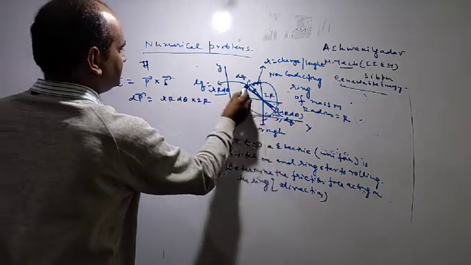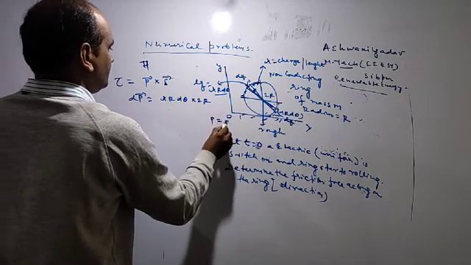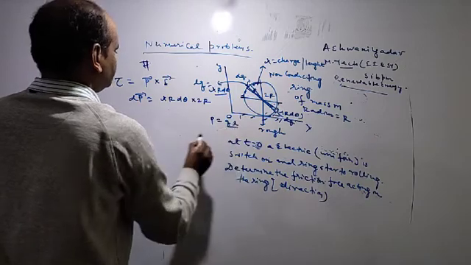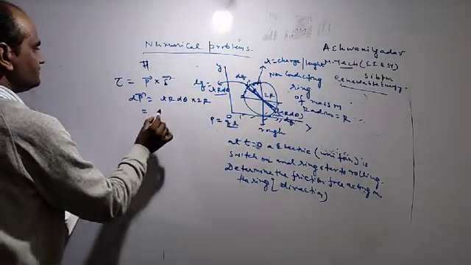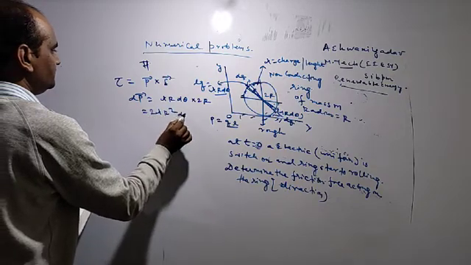This distance will be 2r. Charge into distance is dipole moment. We know dipole moment is q into distance. So we have 2 lambda r square d theta,